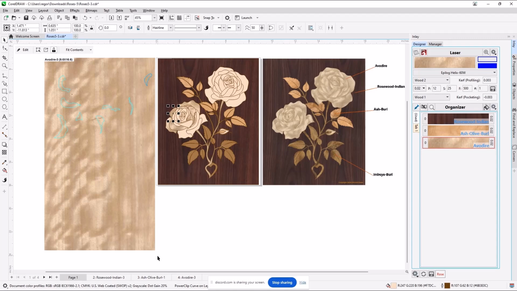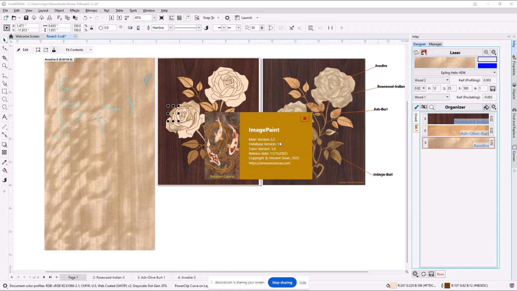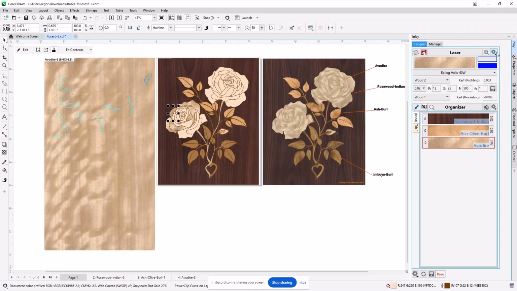So I am using, that's up here hidden in this bar, I am using version 3.5. There may be things, errata and things that need to be fixed that will result in a new version. This one here, I don't have auto update enabled, but I could. I can also check for an update.